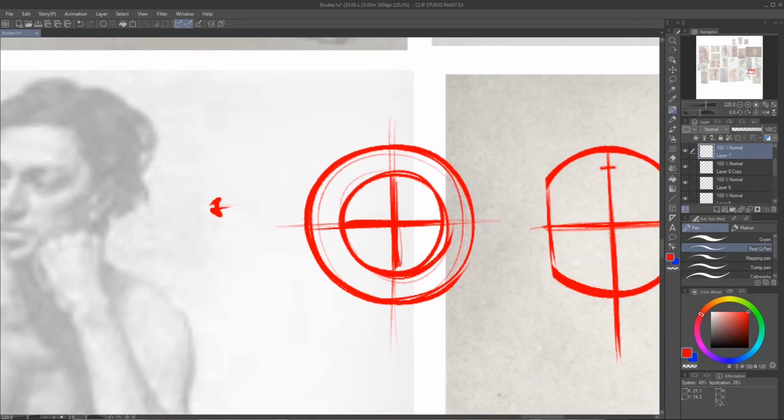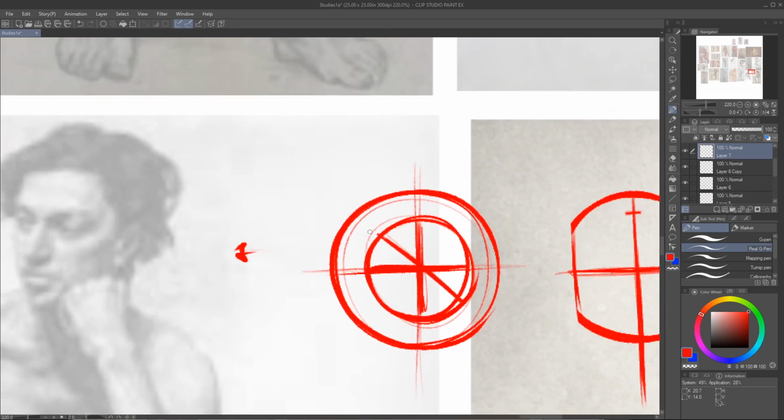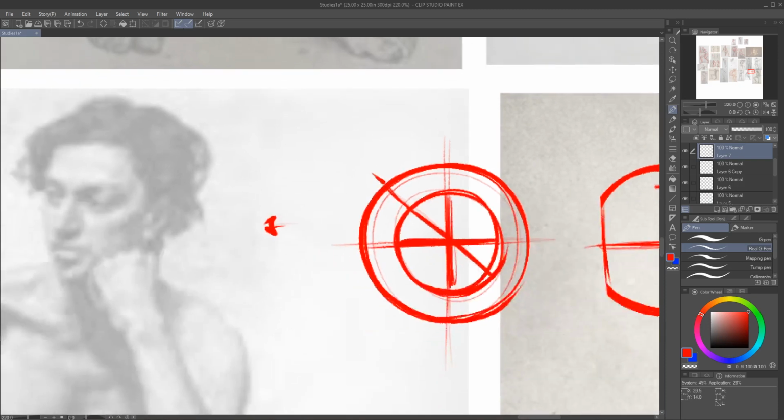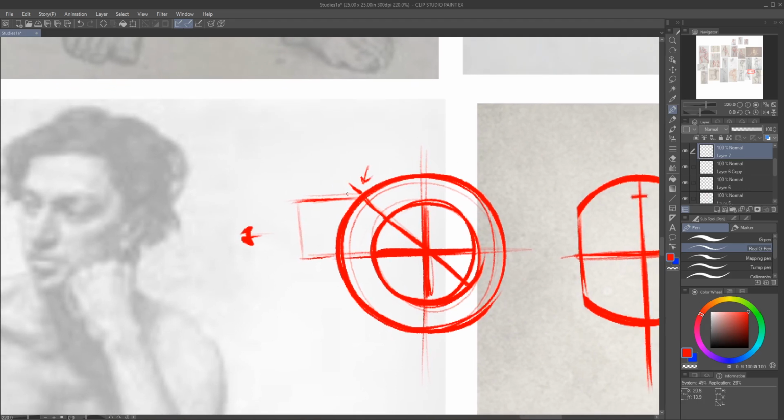So the way you find the brow is you cut a line diagonally across this, and then you curve a line up over the sphere, and there's your brow. And you measure out from the hairline down to the brow,